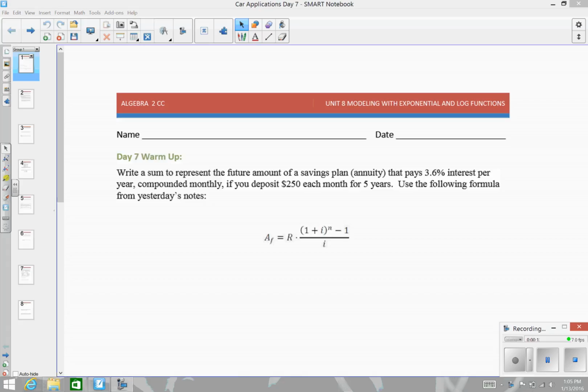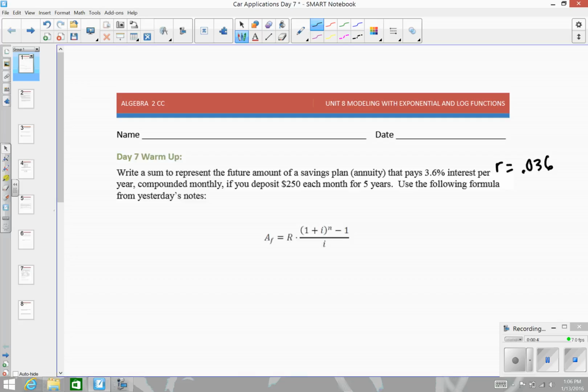start this together. We have a situation where somebody is paying into a savings account and they are depositing every month, same amount, $250. So in this case, they're getting an interest payment, 3.6% interest. That's per year. So if I'm paying per year 3.6%, then my R value is